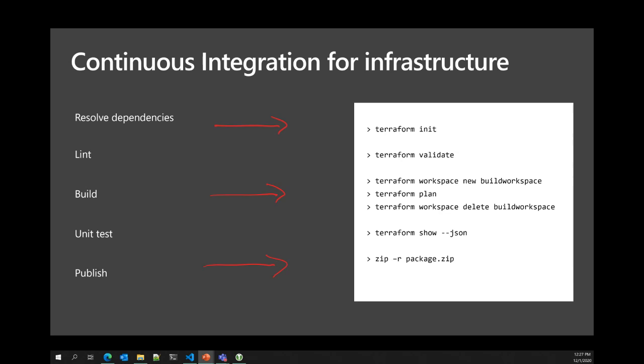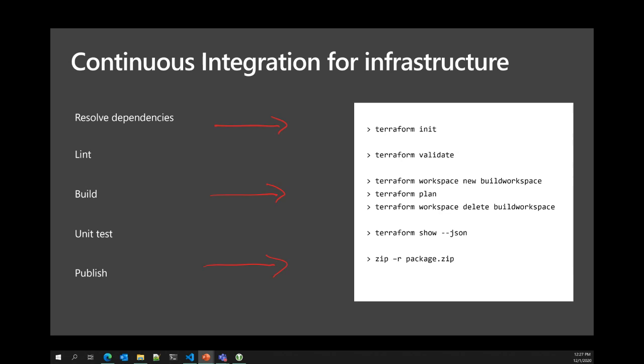And so what that gives us is basically just a way to validate that the code is working the way we expect. Give it a known input, give it A and it should spit out B. So let's make sure that it does that. And that's what a unit test is. And we can do that same thing here with Terraform. Invariably, because we're describing our infrastructure as code, we're going to make some assumptions, and there are going to be programmatic constructs within our Terraform definition. We want to validate any assumptions that we made when we were writing that. And we can do that here.